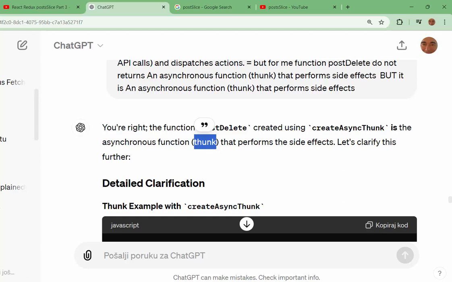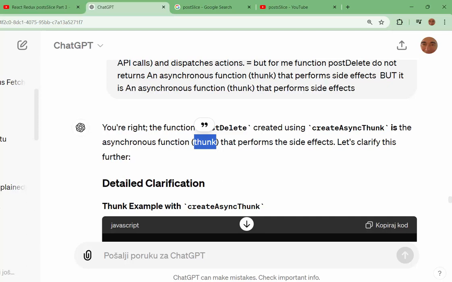Okay, and the regular function handle delete post ID is something really simple: an asynchronous request, response, promise, response data, and that data goes into setState, and setState changes in an immutable way.